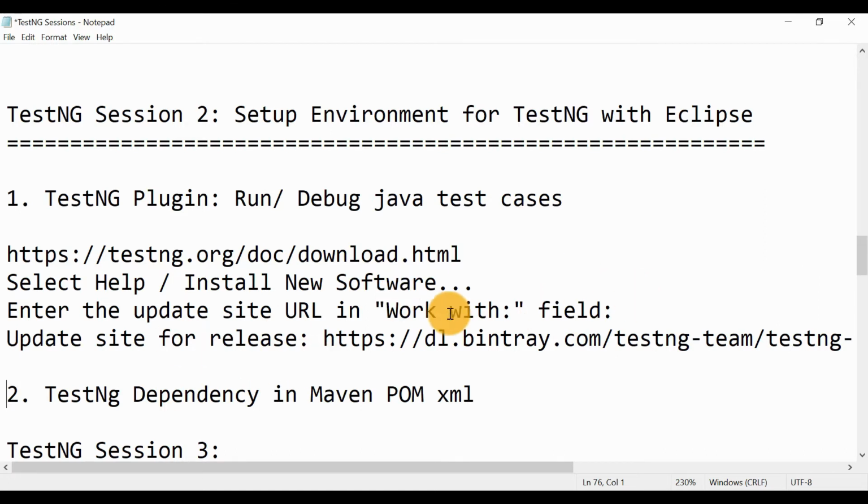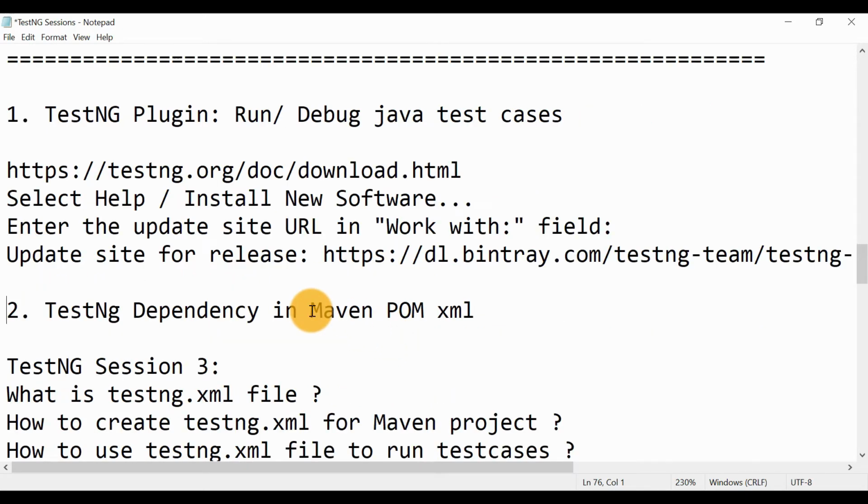The second thing is you need to add TestNG jar files in your Maven project or your Selenium project. Similar to Selenium, we create the Maven project and add the Selenium dependencies or other dependencies that we need for the automation framework. If you want to use the TestNG framework, you need to add TestNG jar files.